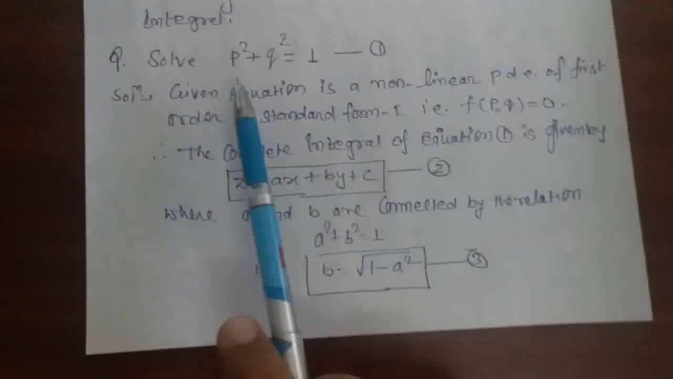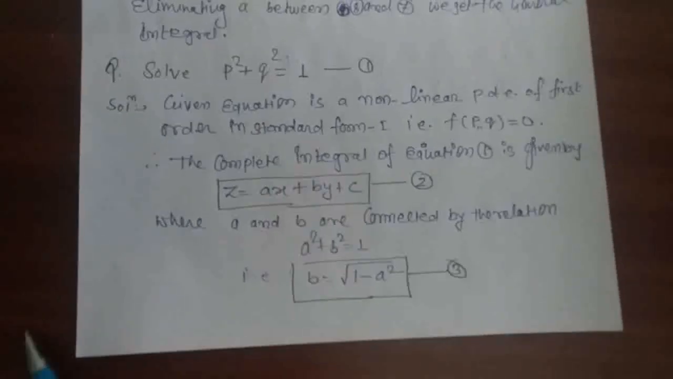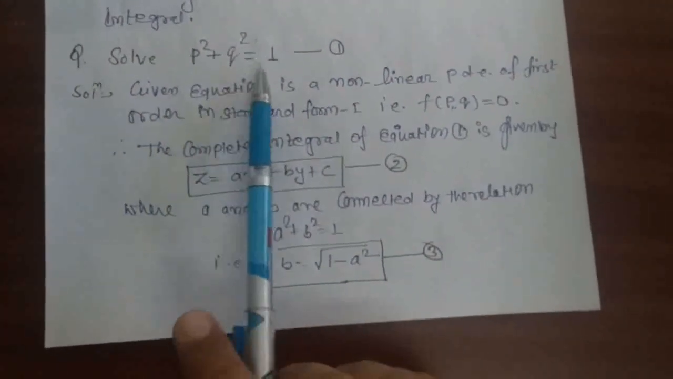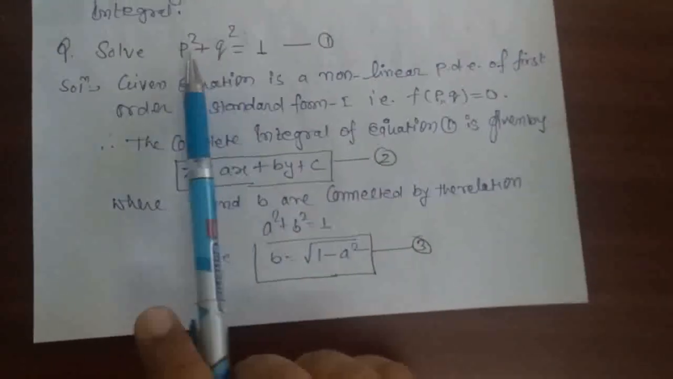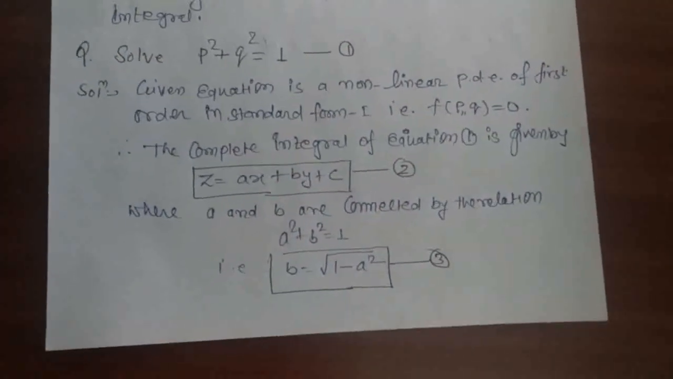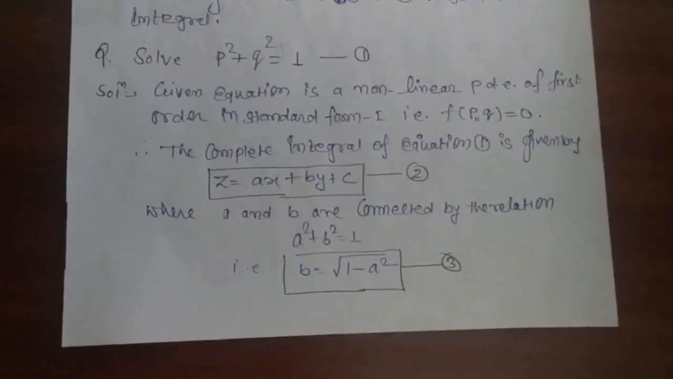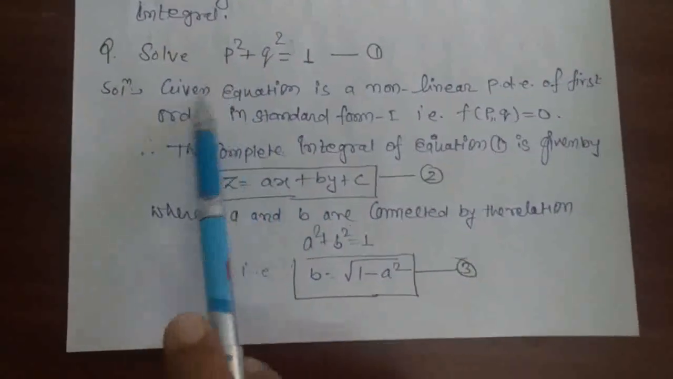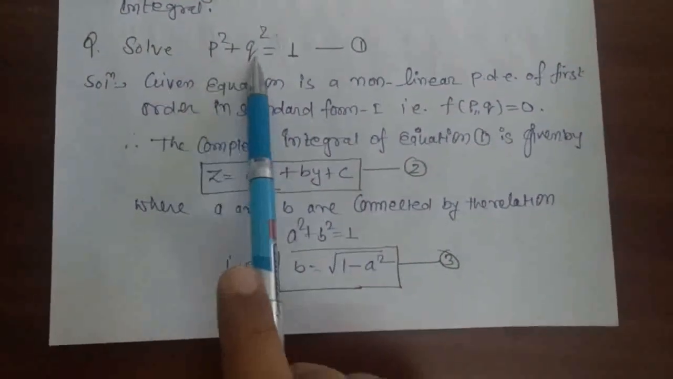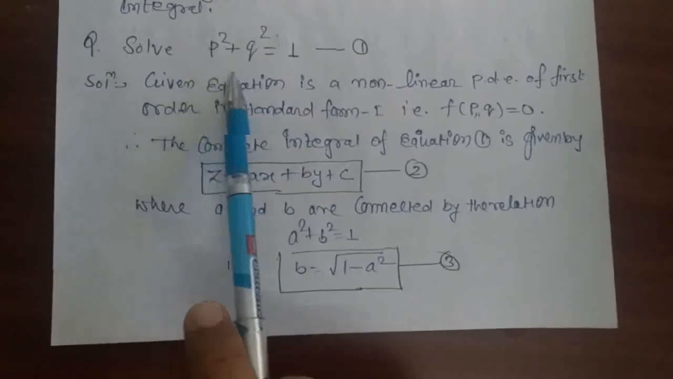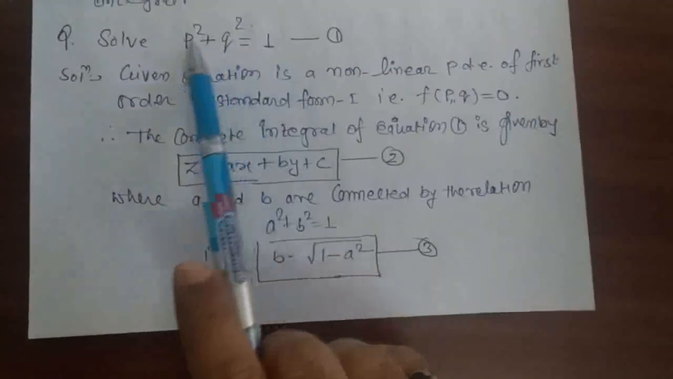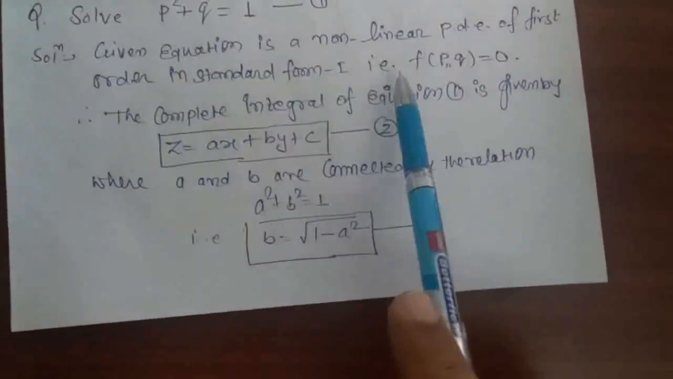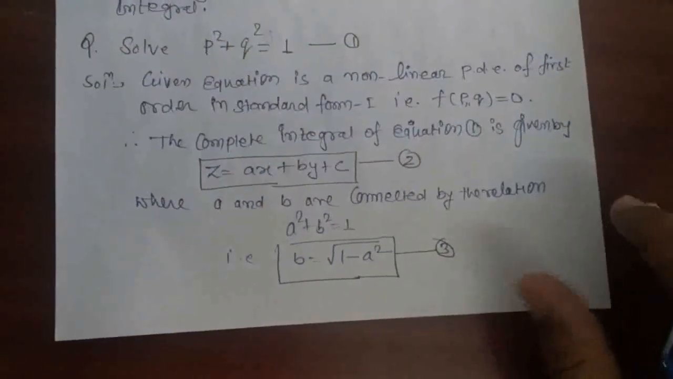Next is solve p square plus q square equal to 1. Again, this is a partial differential equation of first order, and since the powers of p and q are other than 1, this becomes a non-linear partial differential equation of first order. Further, this equation contains only p and q, no other variable x, y, z. So this equation is a non-linear partial differential equation in standard form first, that is containing only p and q,